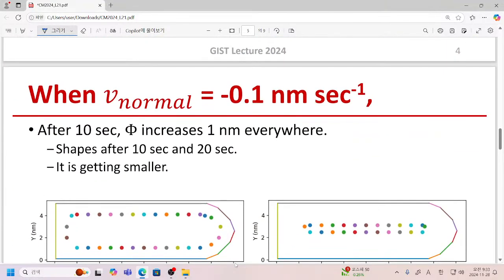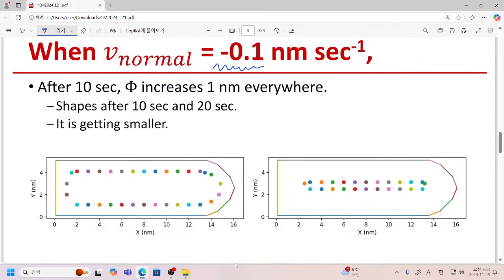Now think about etching. Here we have a nanosheet and we want to etch it away. Then if velocity is given as negative, it means that it is shrinking, and after 10 seconds, of course, we will have 1 nanometer reduction of its thickness on one side and on the other side, so we can do it quite easily. The natural question is, okay, looks good, but it's 20 seconds and we have only a very thin layer of